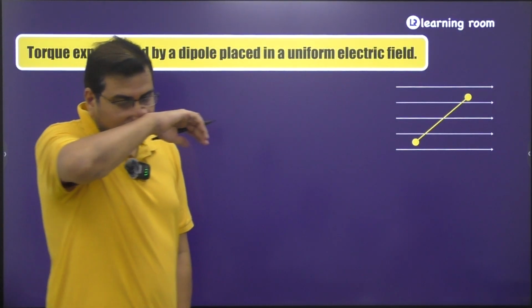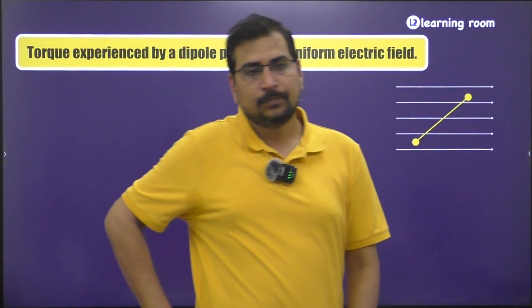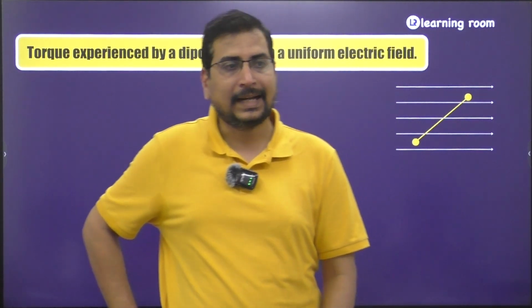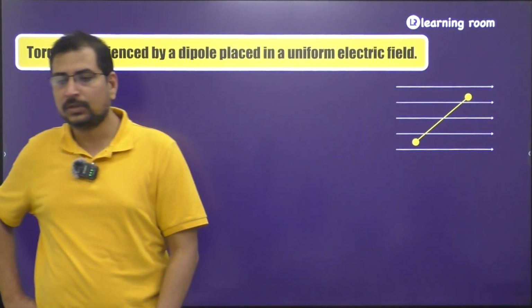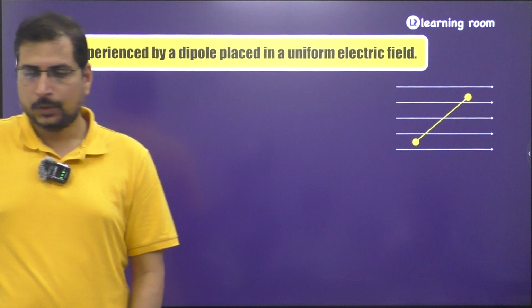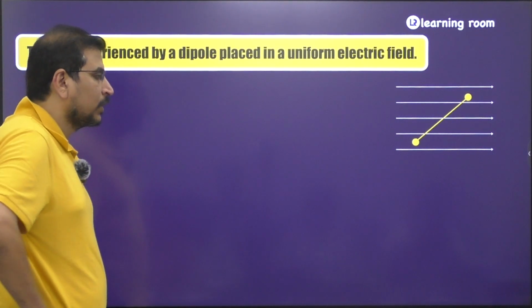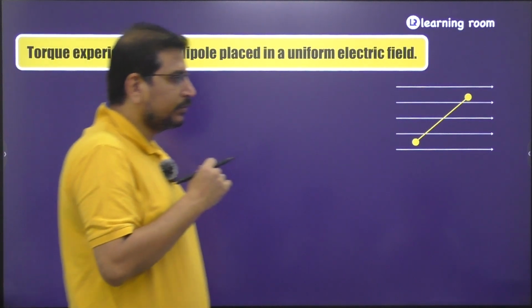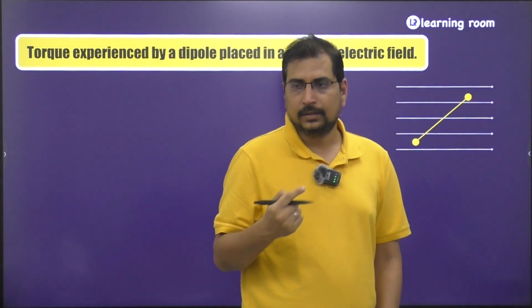So, in the previous class, we saw the derivations related to the electric field due to a dipole at axial and equatorial points. As I told you, they both are important ones. You need to practice those derivations as well. The next topic that we are going to see is torque experienced by a dipole